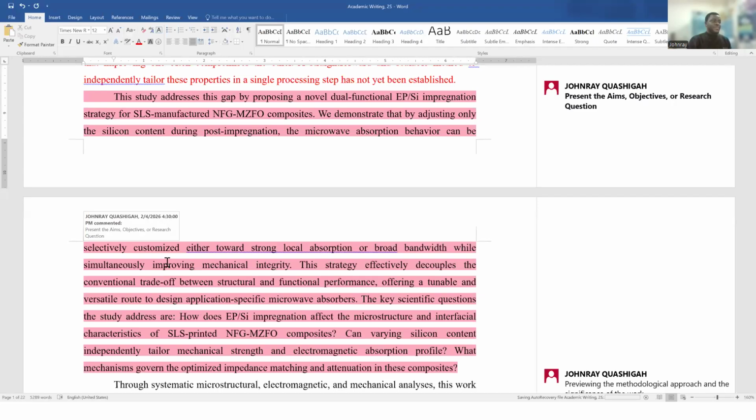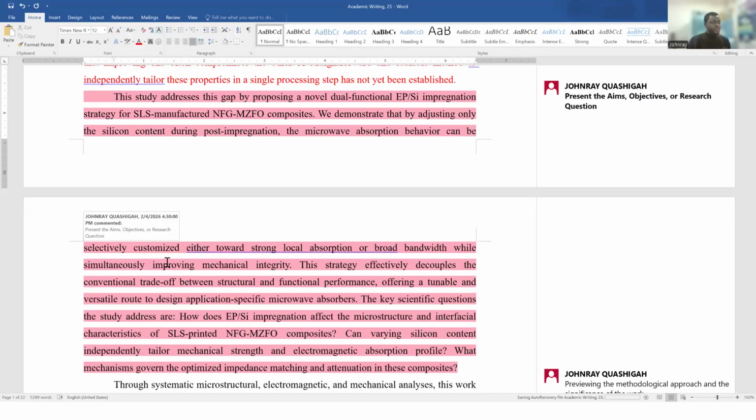We demonstrate that by adjusting only the silicon content during post-impregnation, the microwave absorption behavior can be selectively customized either towards strong local absorption or broad bandwidth while simultaneously improving mechanical integrity. This strategy effectively decouples the conventional trade-off between structural and functional performance, offering a tenable and versatile route to design